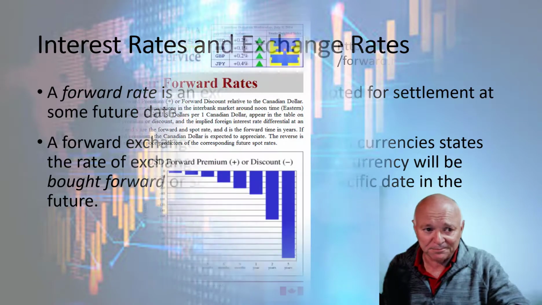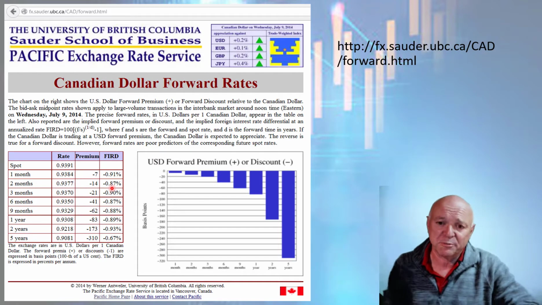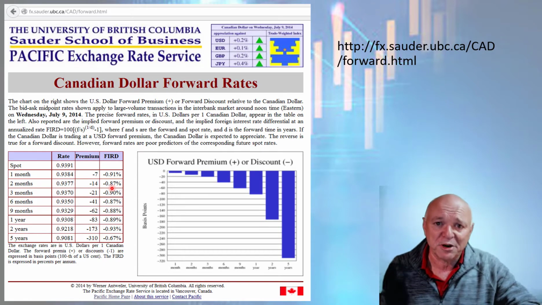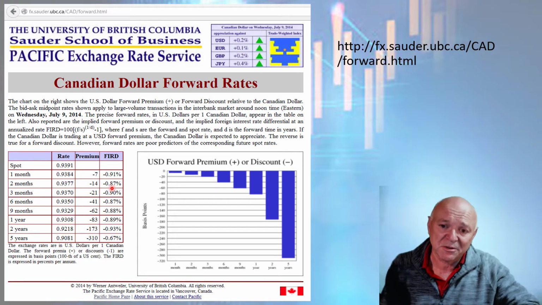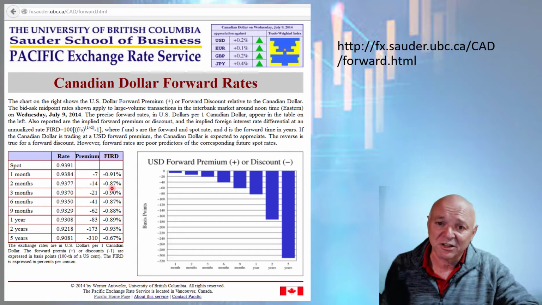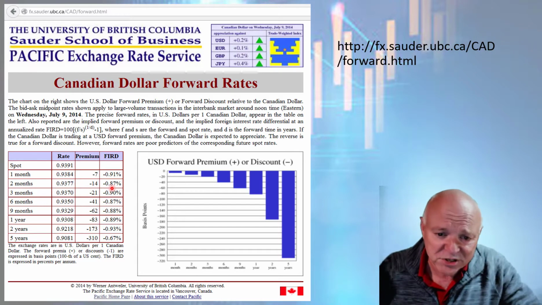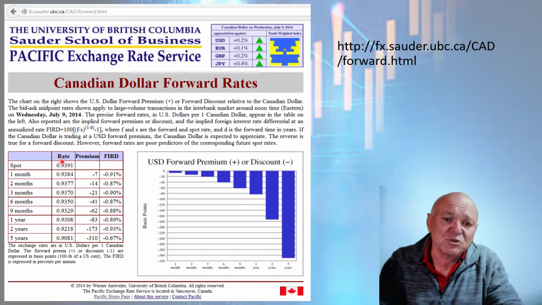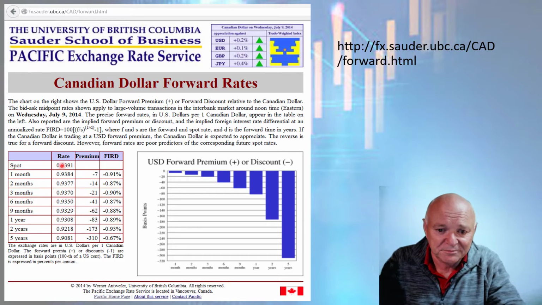I used an example from a website from the University of British Columbia. A professor there by the name of Werner Antweiler generally keeps up to date, although not at the moment, perhaps because of the pandemic. He provides a service where he talks about different aspects of exchange rates. In particular, his focus is the Canadian dollar to the US dollar exchange rate. And from a variety of sources, he's drawn together the information that says that on this date, and this information is from 2014, the spot rate for the